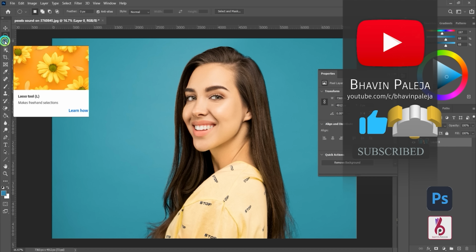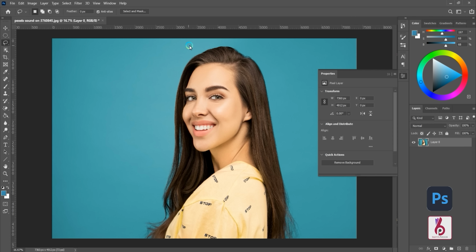Our next tool is lasso. There are three kinds of lasso. Number 1 lasso tool, number 2 polygonal lasso, and number 3 magnetic lasso. These three tools are also used to select the image as shown in video. First lasso tool is free-form selection tool.